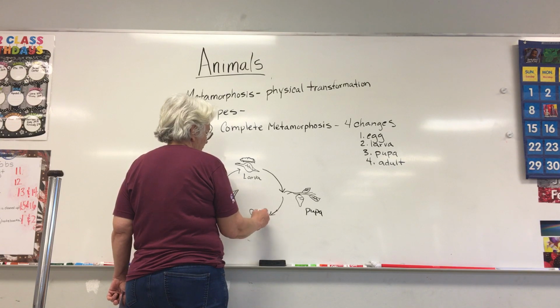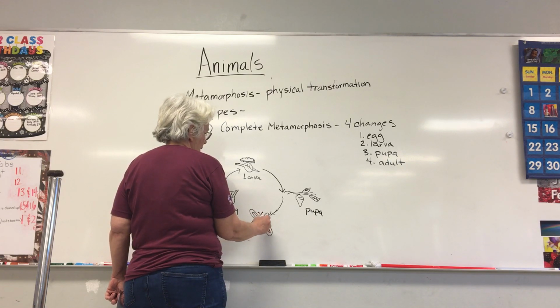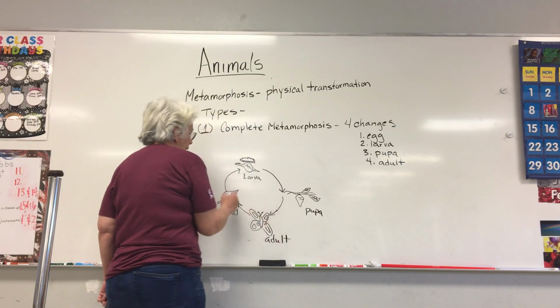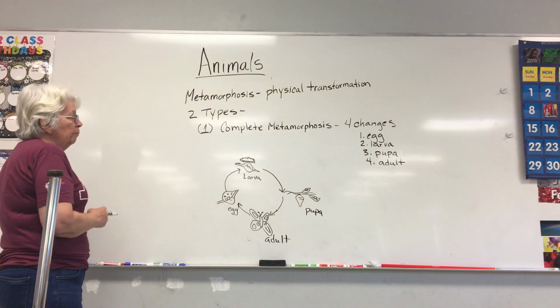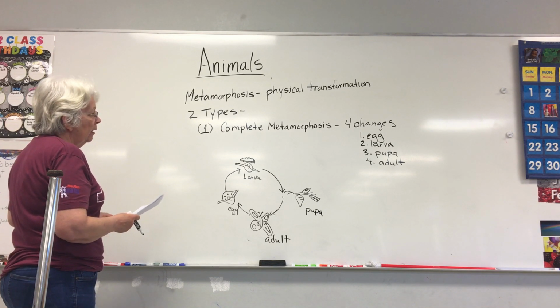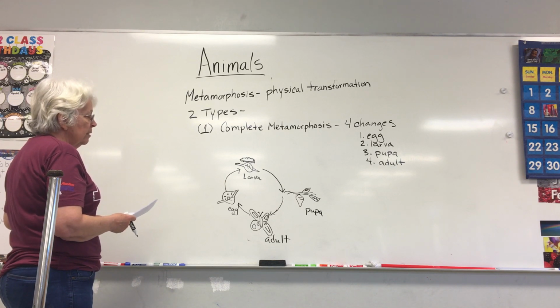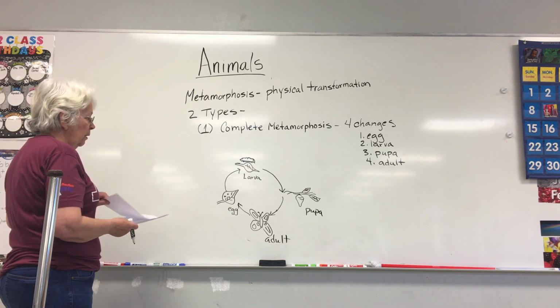So let's put some antenna on him, make him pretty. And then we have the final stage, which is a adult. And then the adults lay eggs and start this cycle all over again. And that's complete metamorphosis. And there's a lot of different types of insects that go through a complete metamorphosis. There's some beetles that go through complete metamorphosis where they are encapsulated into a pupa and then come out as